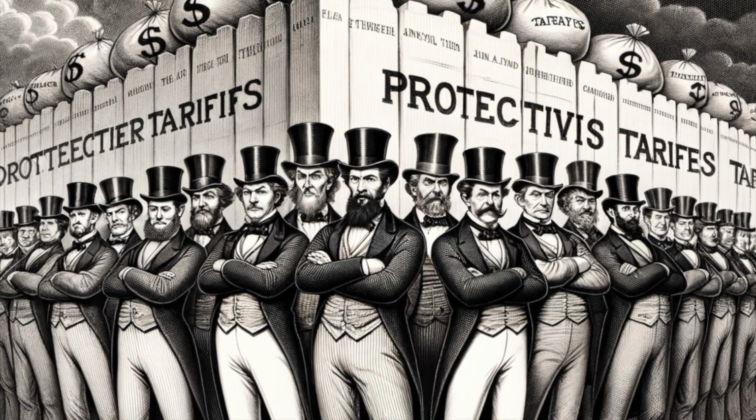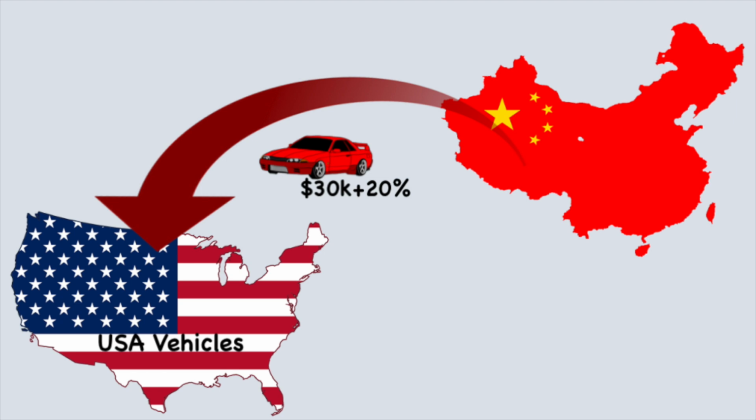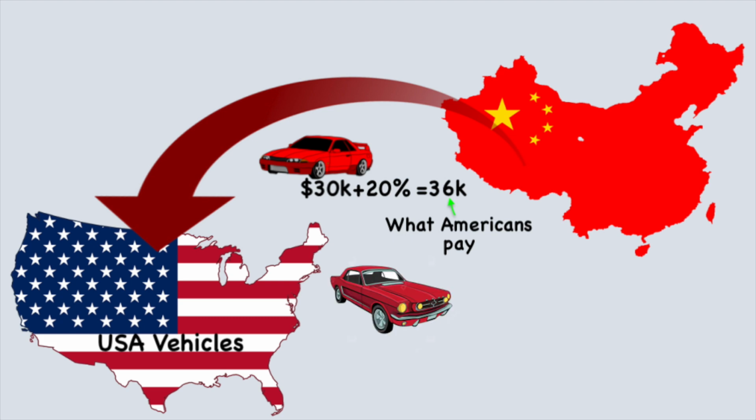A modern example would be if the US government wanted to protect the American car manufacturing industry from outside competition. It may put a 20% tariff on imported cars, making a $30,000 foreign car cost $36,000 instead to American consumers, whereas an American-made car sold at $30,000 will remain $30,000, thereby incentivizing consumers to buy American because of the lower